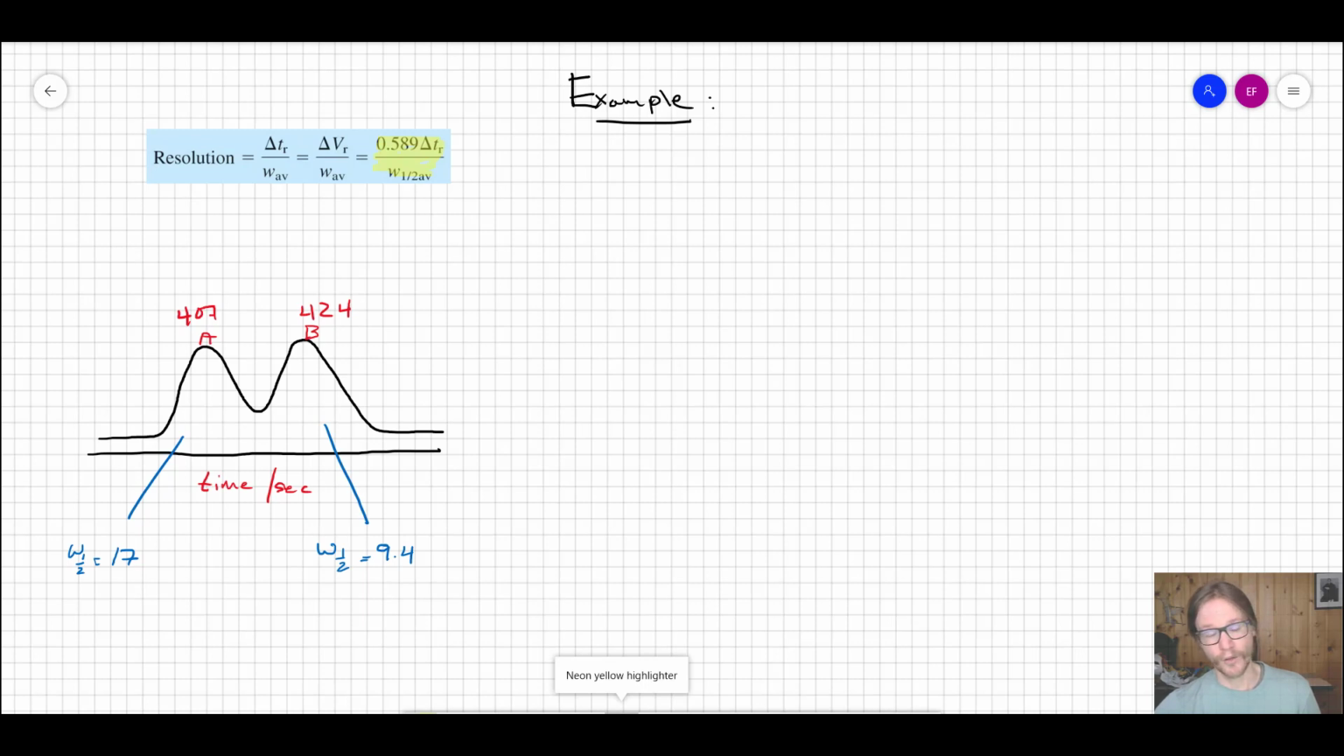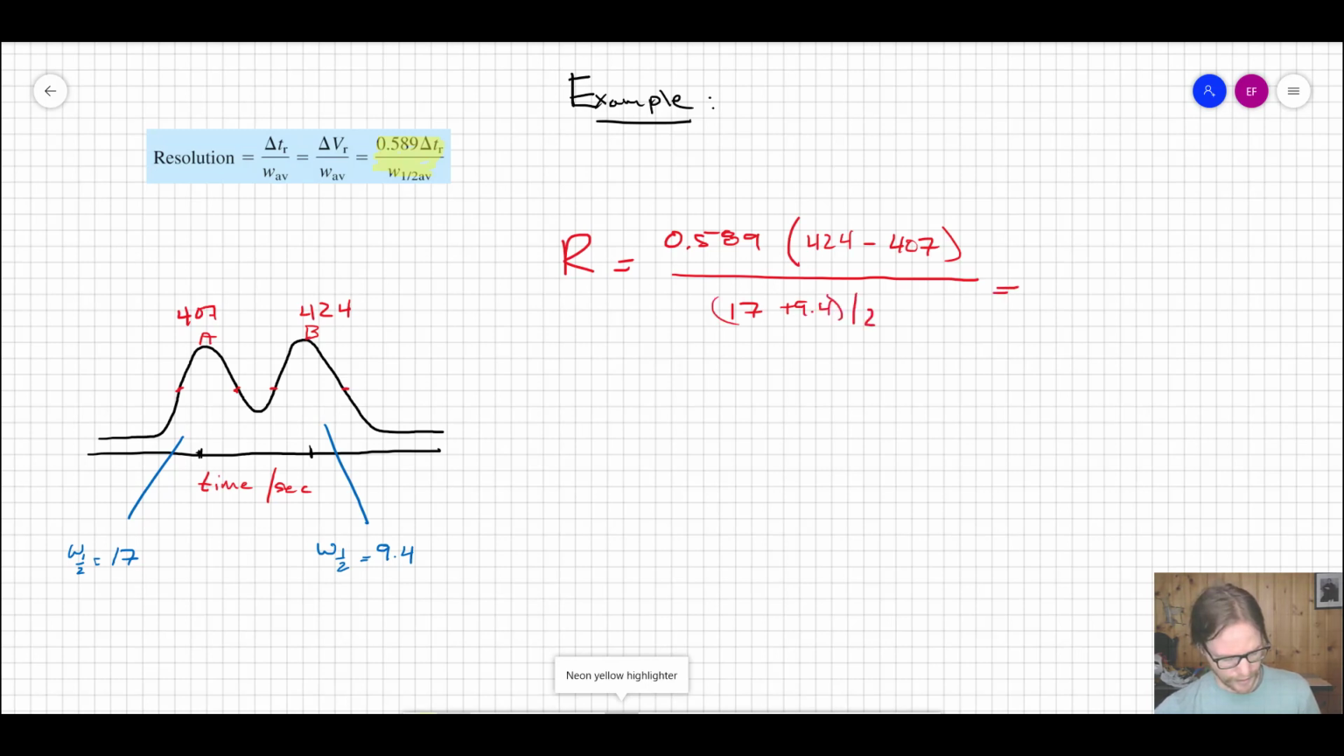I also just threw up, although you should feel confident that you could measure these easily, right? You would just look down at the axis here and see what each of those values are. And then I have W half, which remember is the full width at half max. That was measured from here to here and here to here in blue for each of these peaks. So if we wanted to compute the resolution for this, you would take this 0.589 value, which just comes from the statistical distribution of these 2 peak shapes, times delta retention time. That would be times 424 minus 407, divided by the average of those 2, which would be 17 plus 9.4 over 2. If we compute this, we get a value of